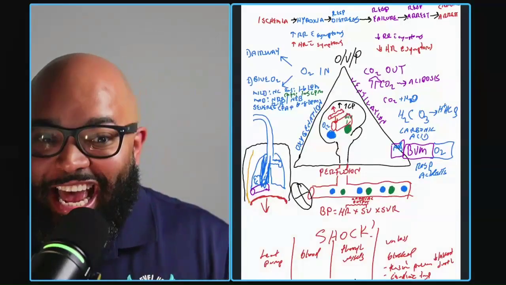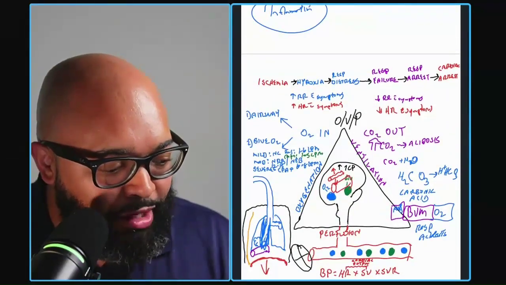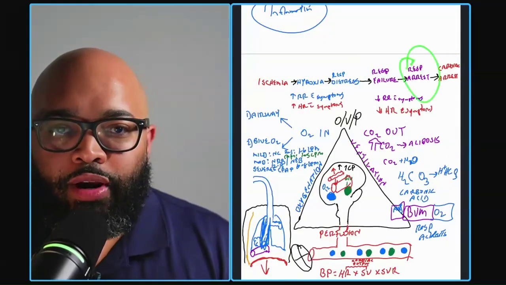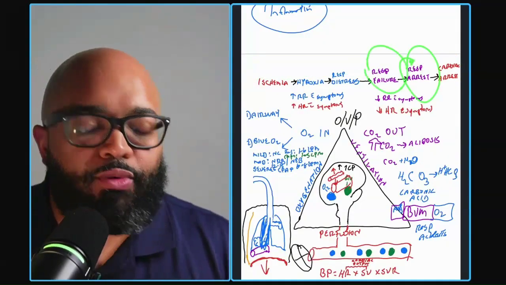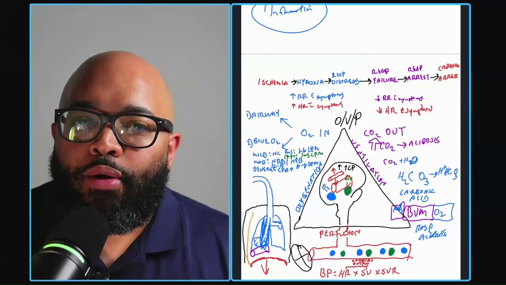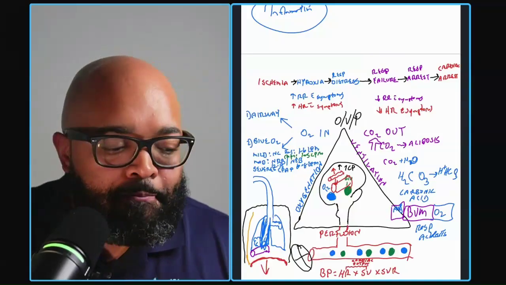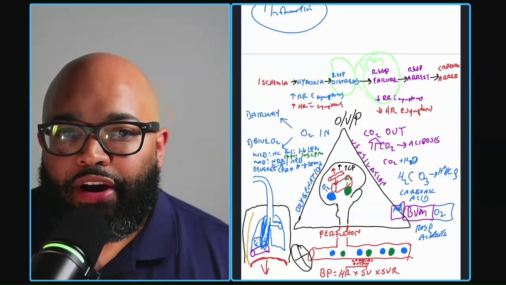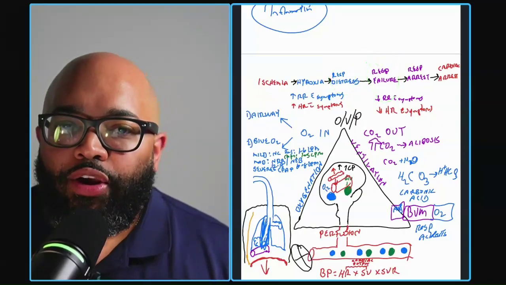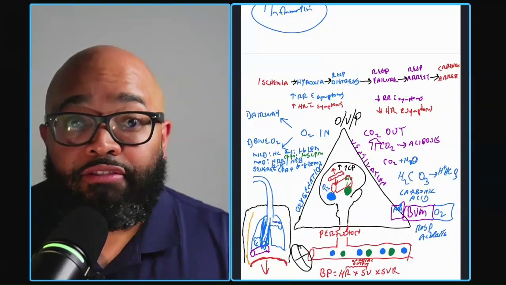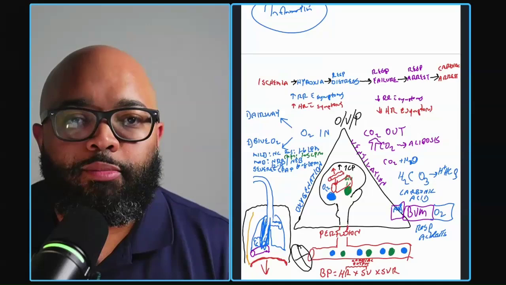But let's go back to the exact same thing we've been talking about. Notice the progression here. Before we get to cardiac arrest, we're in respiratory arrest. But before we're in respiratory arrest, we're in respiratory failure. So if you have a neonate whose heart rate is less than 60, they're probably in respiratory distress or respiratory failure, more likely respiratory failure, where positive pressure ventilation may actually fix the problem and you don't need to do chest compressions at all.